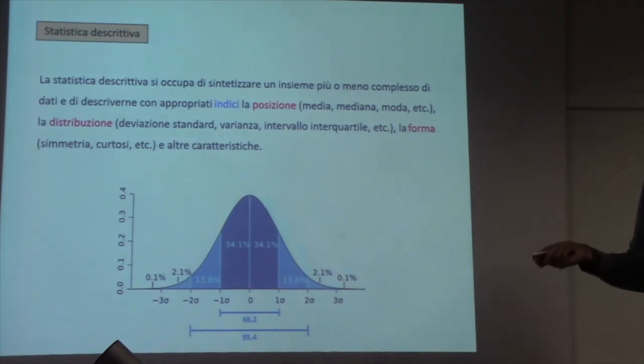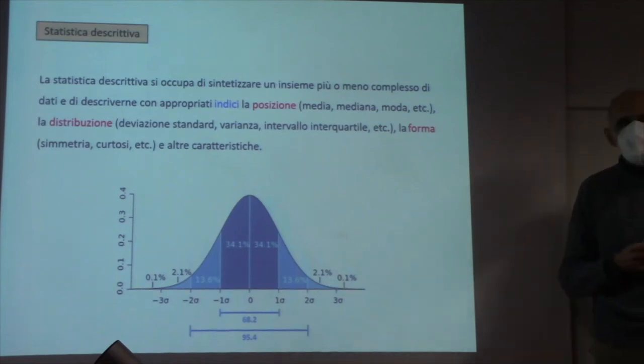Bene, ma se la vostra distribuzione è normale, dovete sapere che il 68 circa per cento dei vostri dati cadranno a più o meno una deviazione standard dalla media. Oltre il 95% dei dati starà dentro 2 deviazioni standard dalla media. Questo è utile da sapere perché